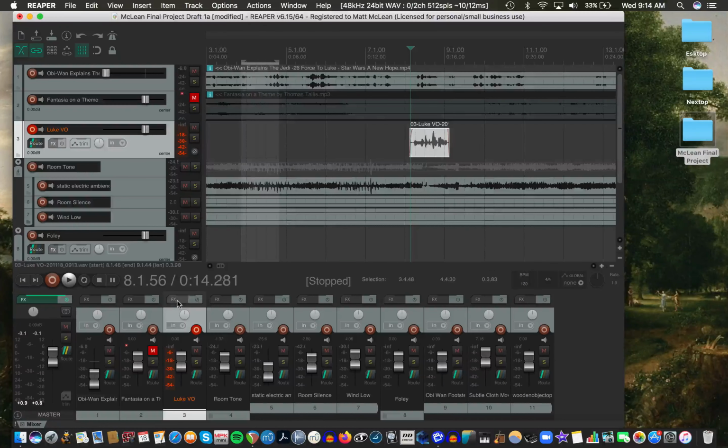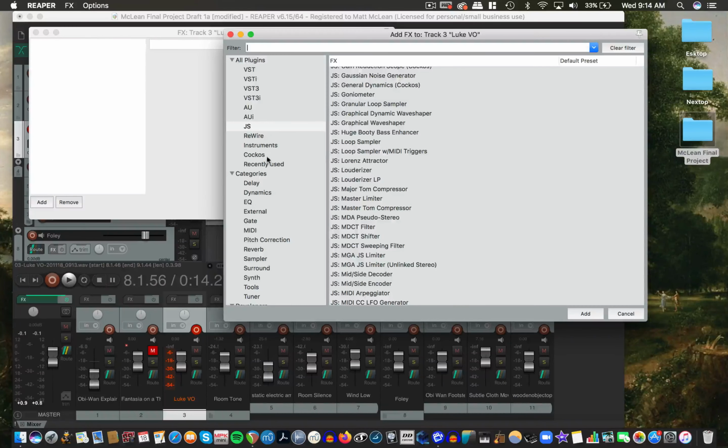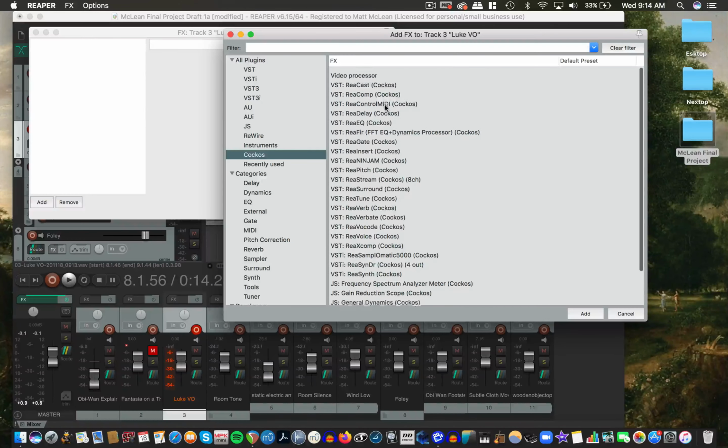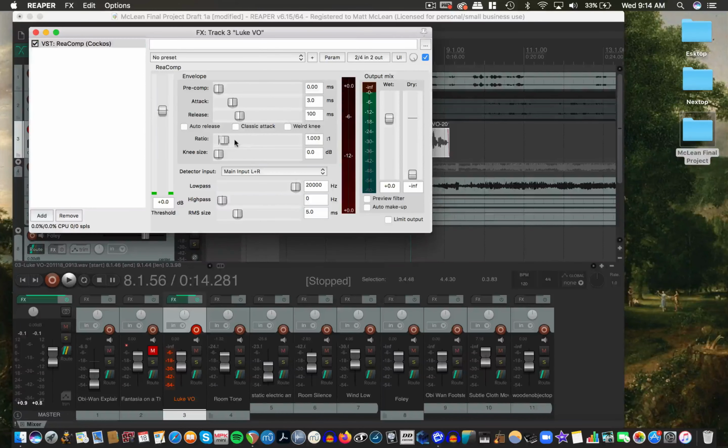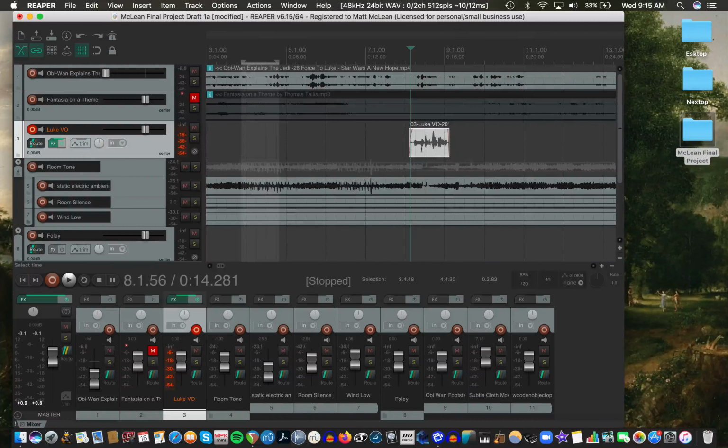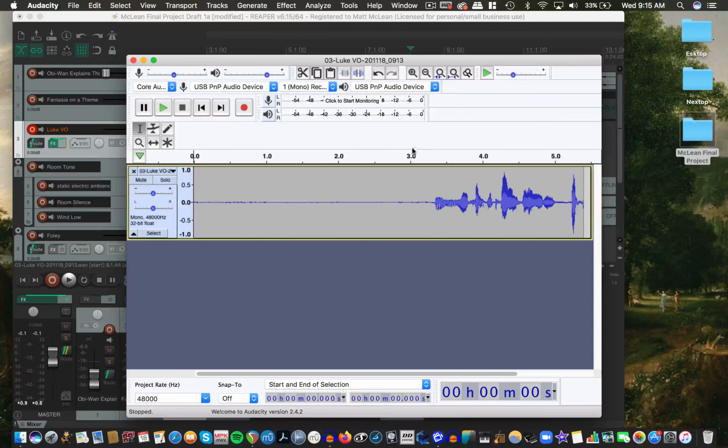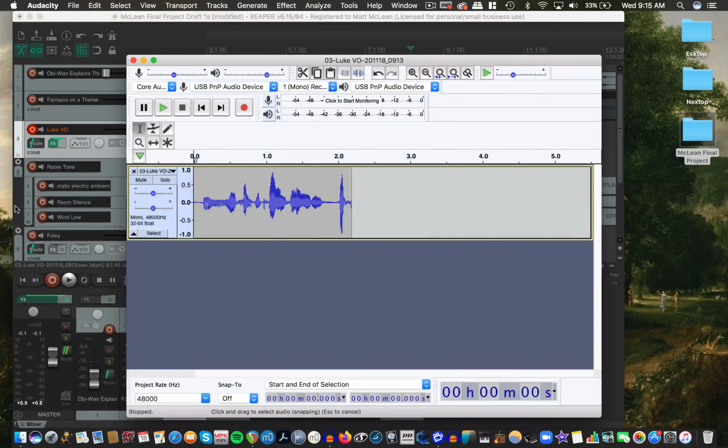Before you do anything, on the voiceover track, you should probably have a compressor as a general rule. So I'm going to go with my recomp. I'm going to put this ratio at like, I don't know, 3:1 and pull my threshold down here, like -20. But if you want to, I want to use Audacity to speed up that stall. You can, on a Mac, I did this in one of the, I think it was assignment 7. You can hold down Option and double click it, and you can actually clean up the voiceover. So you can use the cool tools that I